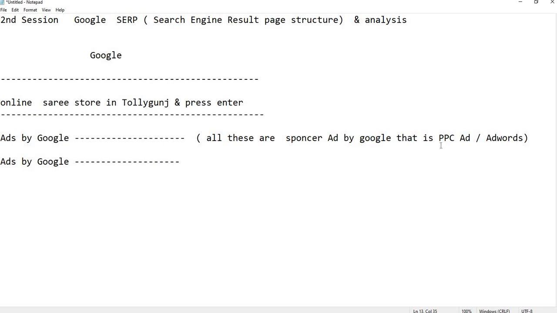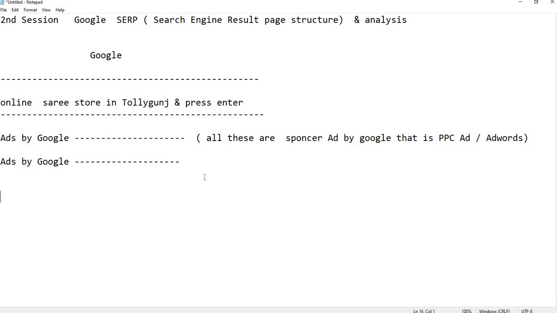Clear? So that is called PPC, pay per click, because we are paying on a per click basis. In the last session, in the orientation session, we have already briefed about PPC advertisement and AdWords. Both are the same thing. So ads by Google, like this it appears.